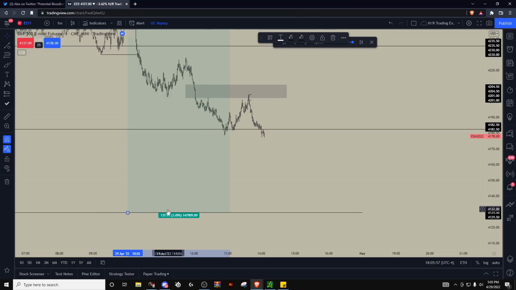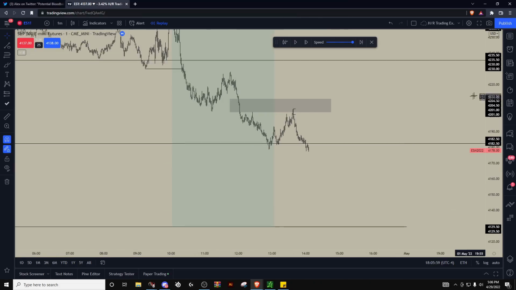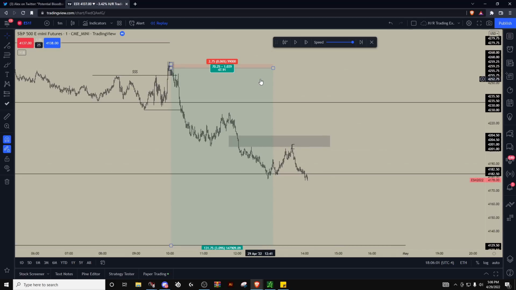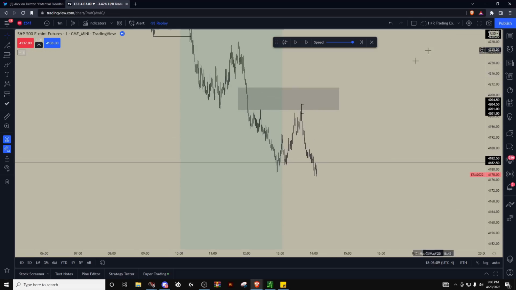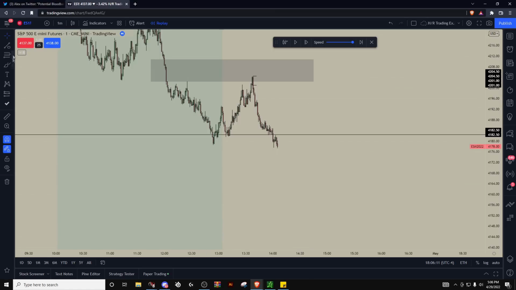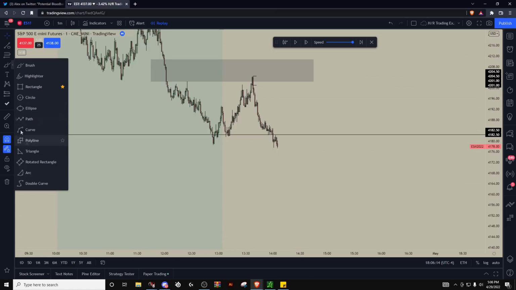So that's a 132 point move, just about. And that's 1 to 48 risk to reward. This is where risk to reward is just beautiful. It makes things so much nicer. And you can see, let's say you added back to that position, you added another couple contracts, which I'm not